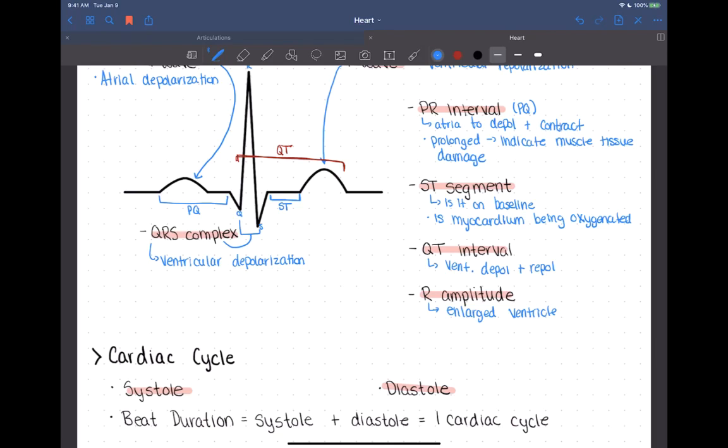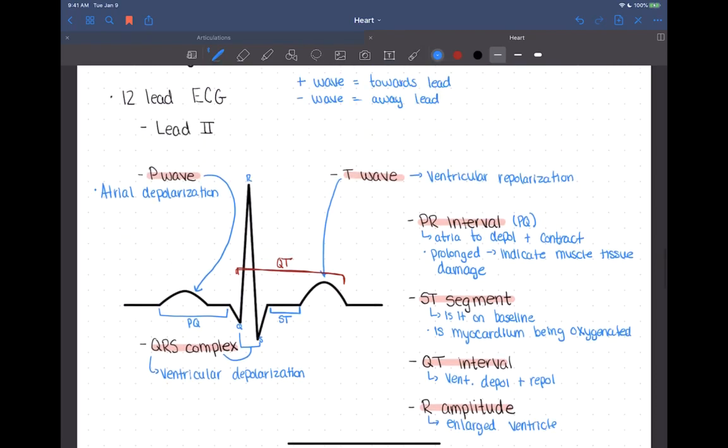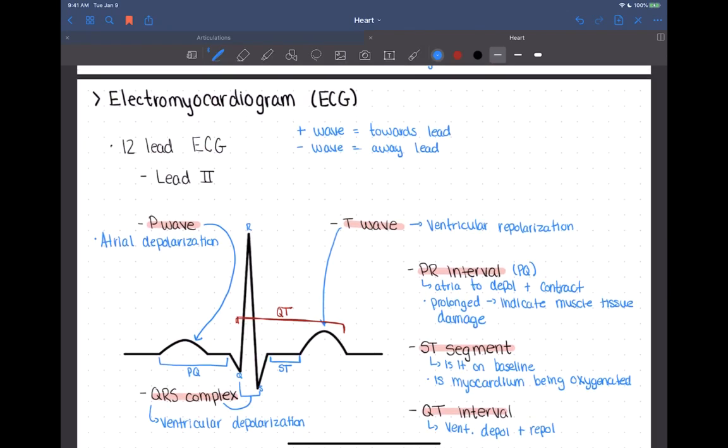Okay. So that is the ECG, and we're going to leave that here for this video. Then in our last video for this chapter, we'll go through the cardiac cycle, so that's how the atria contract, and then the ventricles contract, and that rhythm, and how they work together, and then how your body can alter that rhythm and increase that cardiac cycle and increase blood flow and that kind of thing. So that'll be in our last